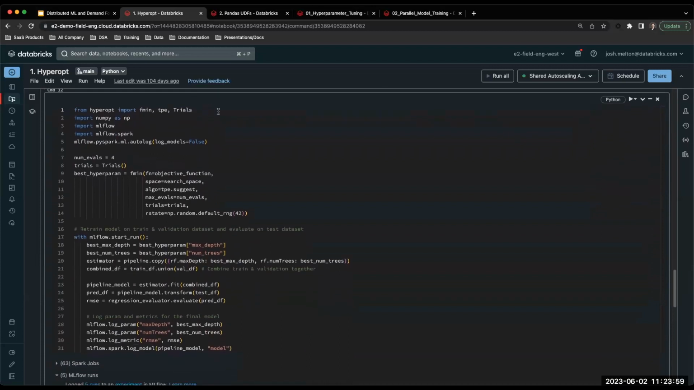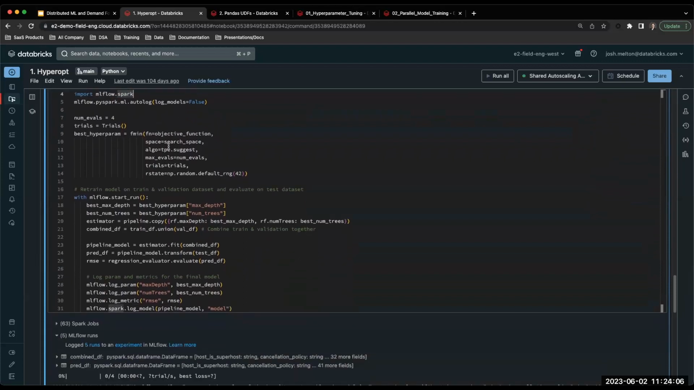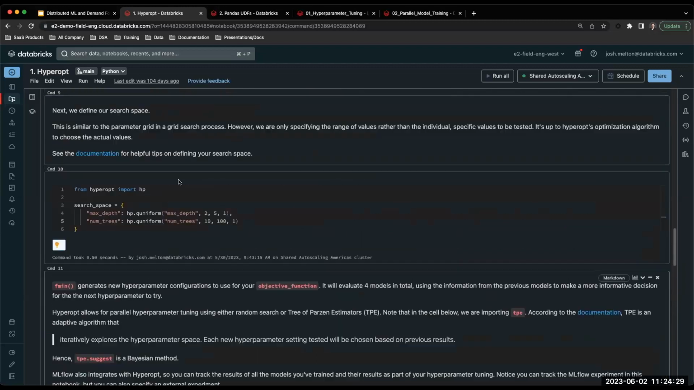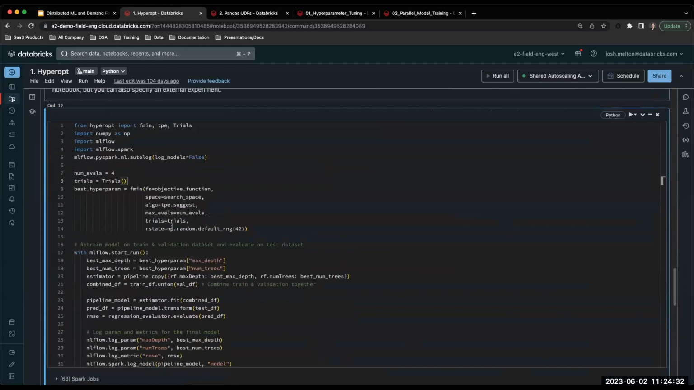So here we're going to import a couple more functions from hyperopt. We'll also import NumPy, MLflow, and we are going to turn off MLflow auto logging, although you can leave that on and track all of the models in MLflow. What we'll do here is set the number of evaluations as 4. We'll define this trials object, which is imported from hyperopt. And all this is really doing is saying this is basically just a container for all of the attempts, all of the trials. So again, every time we run this objective function, it's going to be storing the results in